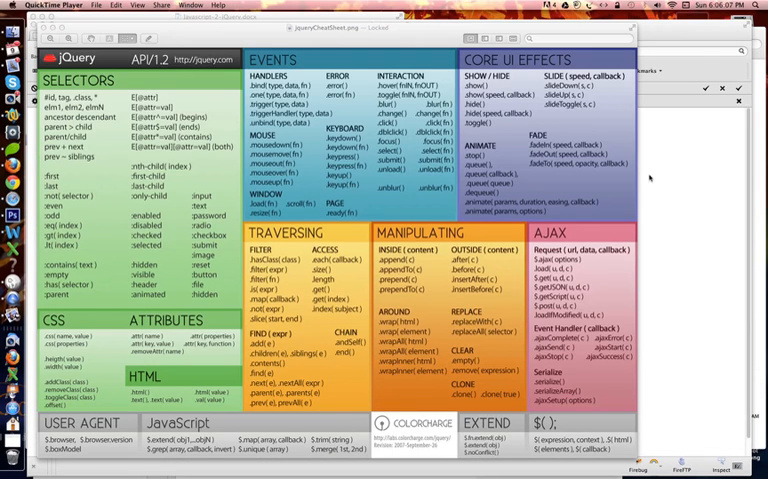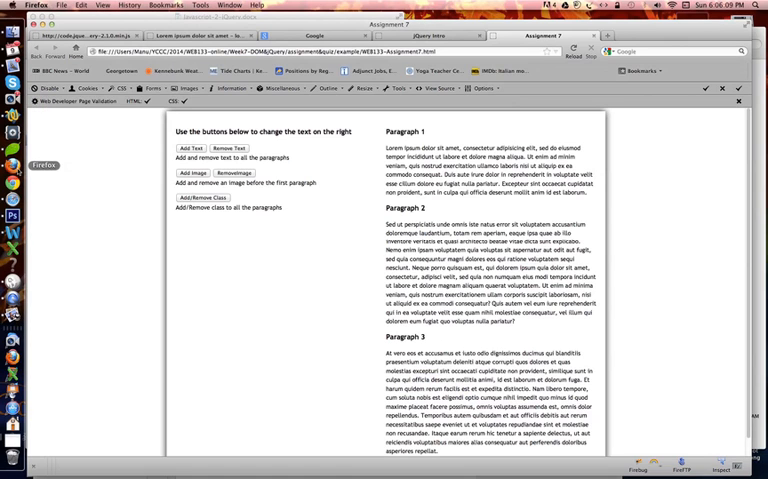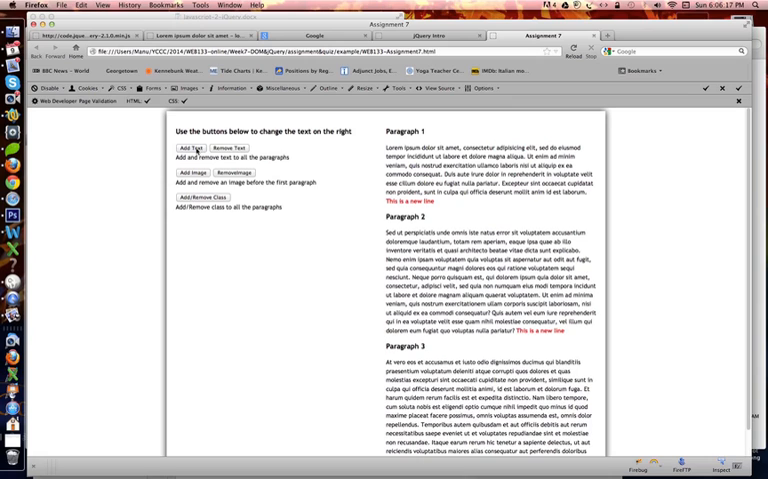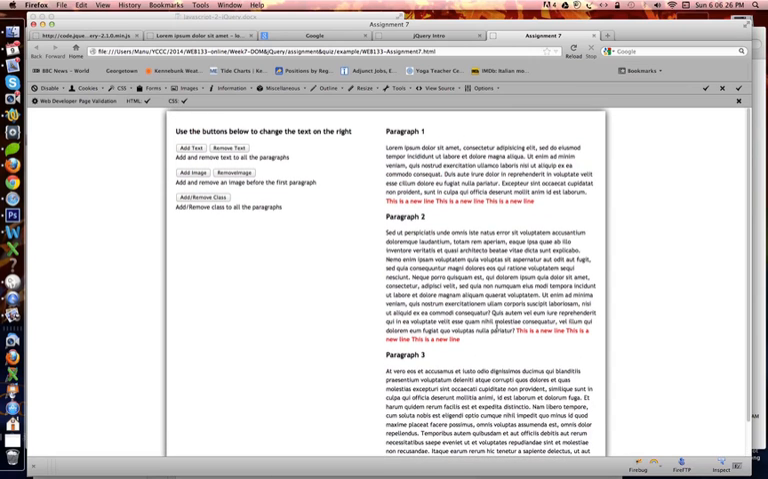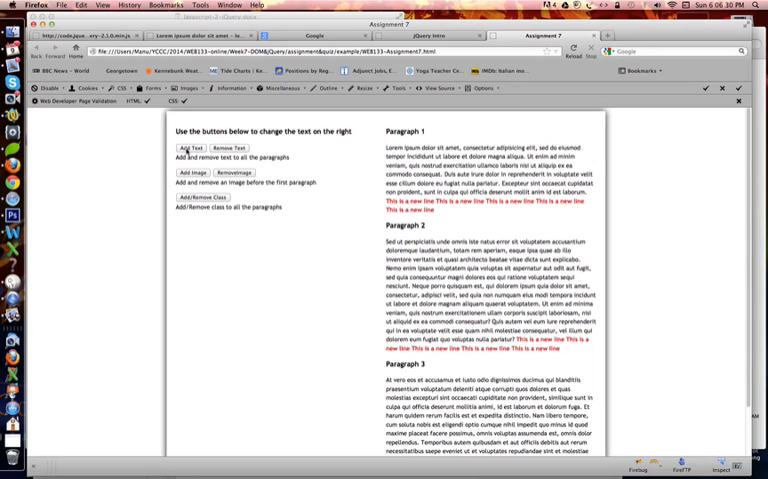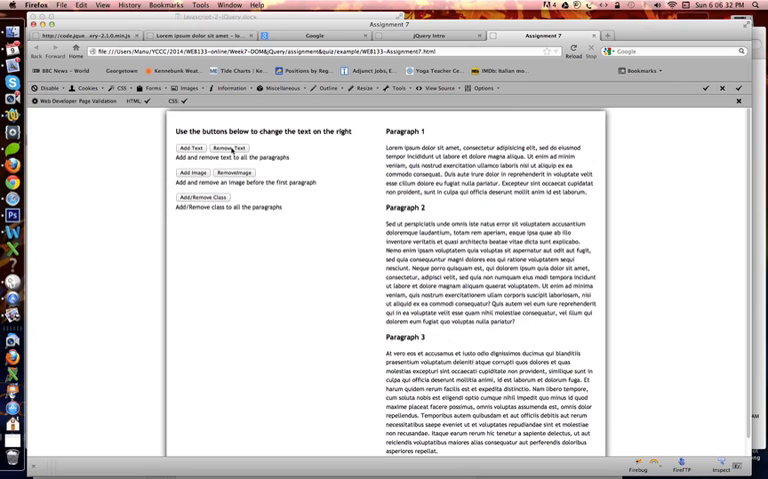The last thing I'm going to show you is what your homework is going to look like. I'm asking you to create three paragraphs and to have three sets of buttons that do something to them. The first set: when I click on the add text button, I keep on adding text, and I give it a color of red so it's a little bit more obvious and easy to see. I can keep on clicking on this button and more text is added, and when I click remove text, all